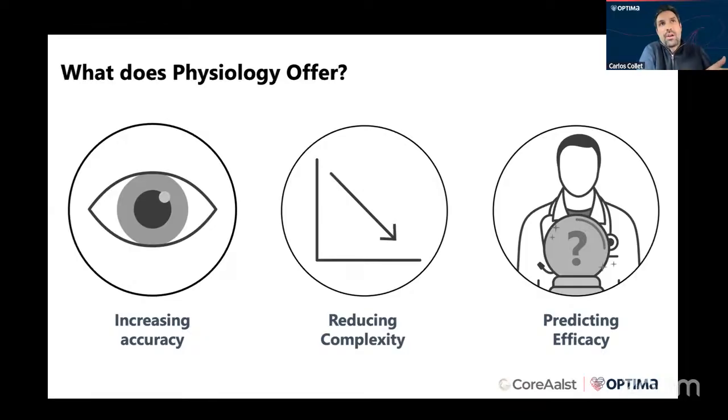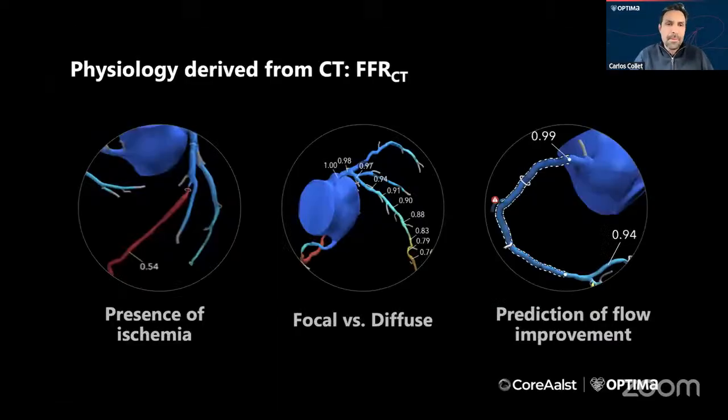classical way. We have moved to understand that physiology is more than just a positive or negative story, to actually help us in the lab on how to perform the best procedure to get the highest degree of functional revascularization. And when it comes to CT, of course, we have this technology called FFRCT. And again, you can use this technology as kind of, again,